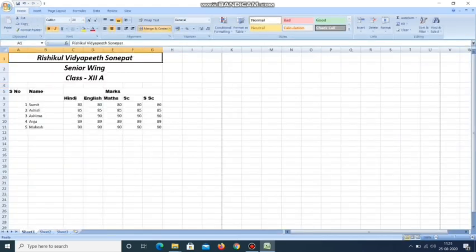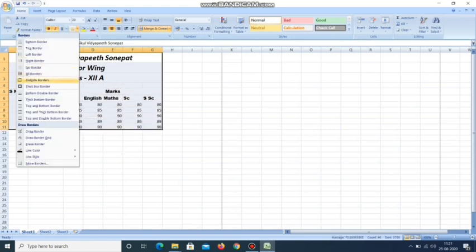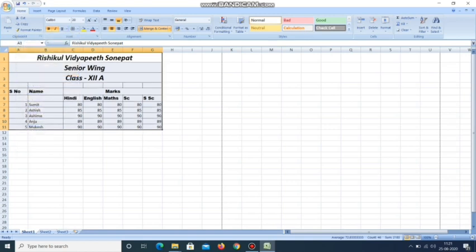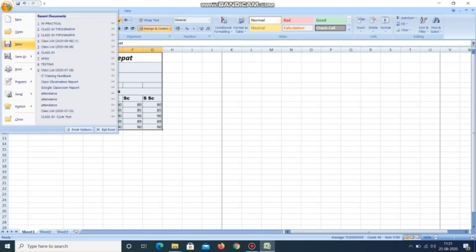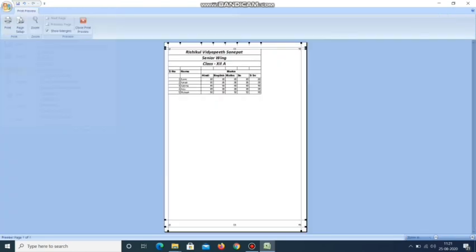Now this is the page which is ready for you, but in the print preview section we saw that no lines are shown there. So to give lines to all your work, you have to click on this button and select all borders.